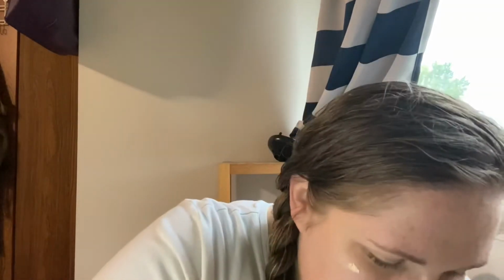You can't really tell because I have the light coming from underneath, so you see big time shadows, but straight on, it's a lot better. Okay, then I don't know if you can even really see the glow in this lighting again, but I'm going to put a little bit more of this here because I just love it so much. And then I'm going to immediately go in with